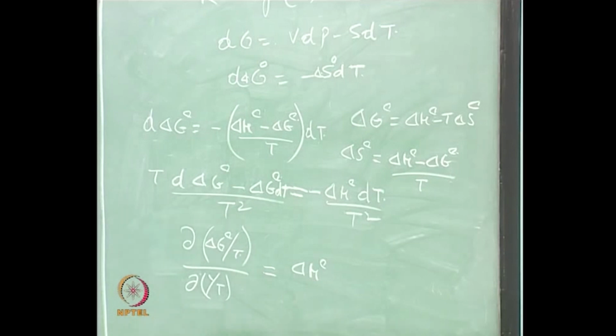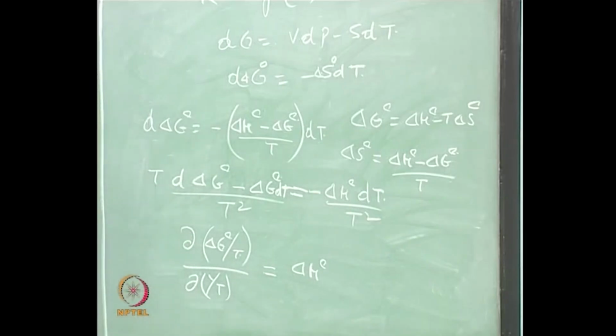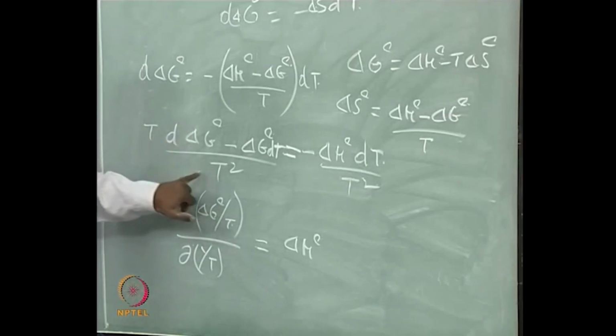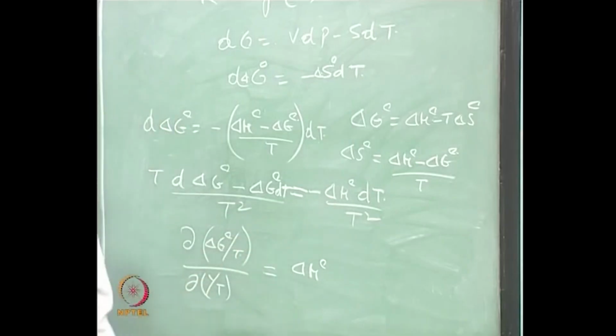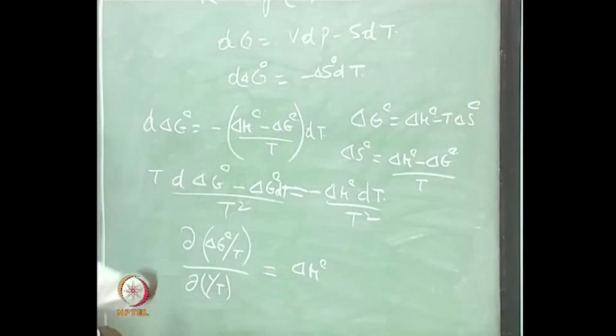You can actually show that to become actually this. Basically this becomes dG by T and dG by T square, and that if you take it as 1 by T, it turns out to be this. You can do this exercise, and what comes out of this is, because we know delta G naught is actually minus RT ln K,